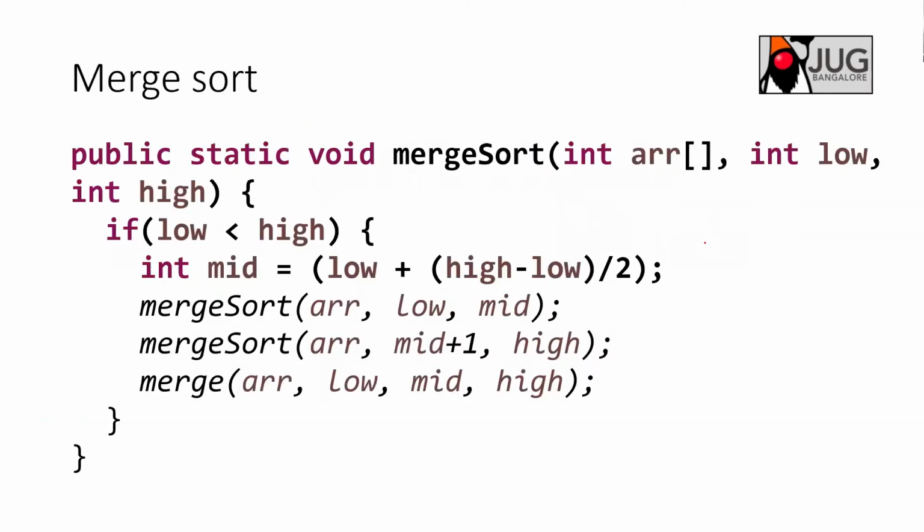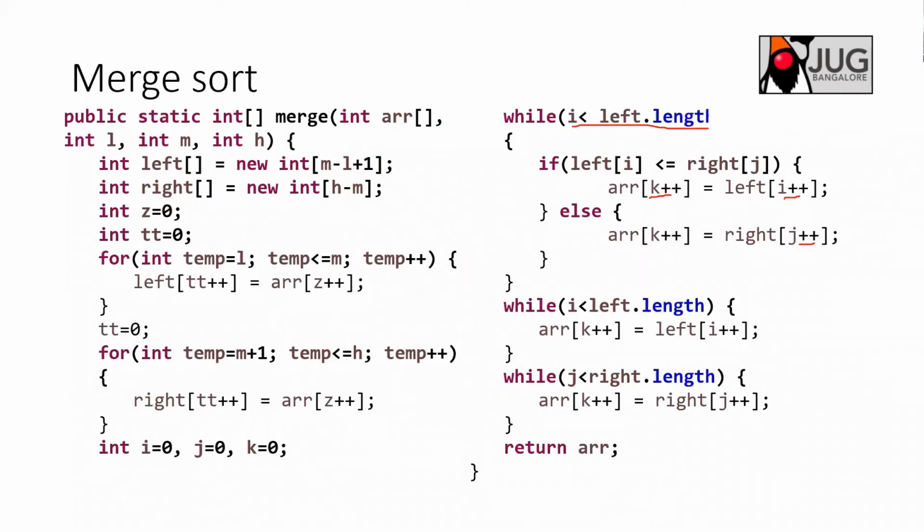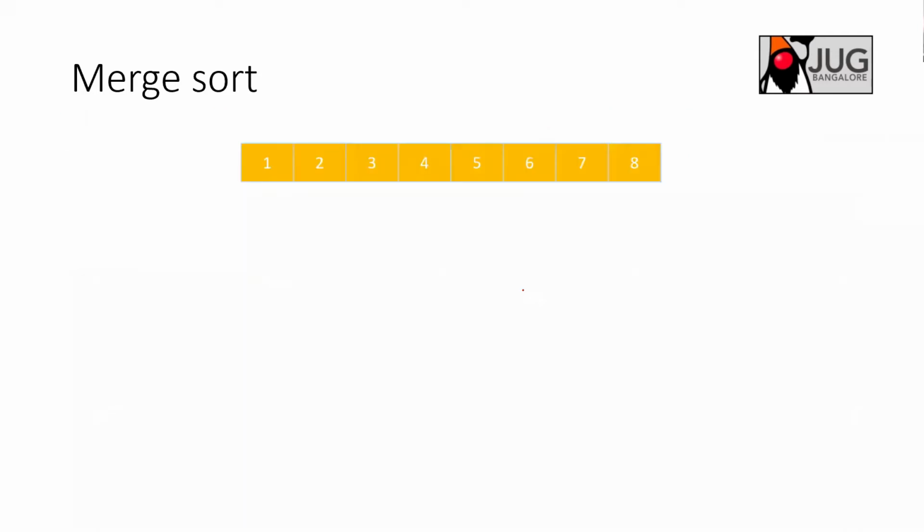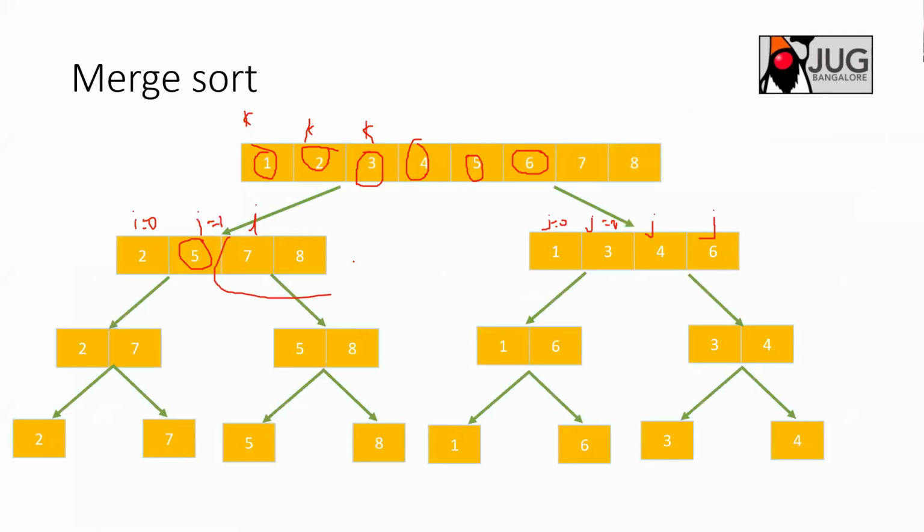Let me show you one of the conditions, right? So you are on this side, right? You have already hit the right.length. So this loop will terminate, and you will come out of this loop. But do remember that we still have a few items left to be copied. These things here, right? 7 and 8 are yet to be copied because you have not copied them yet.